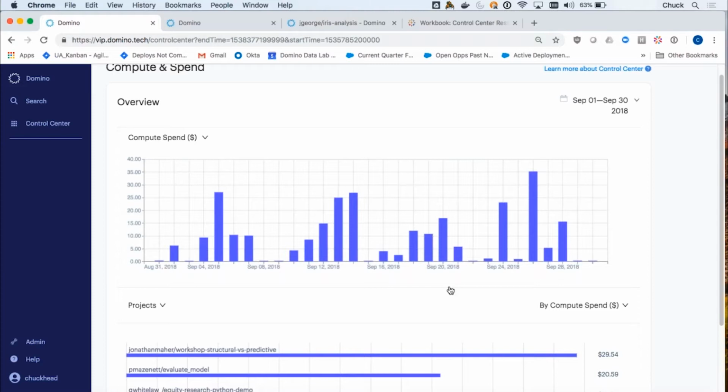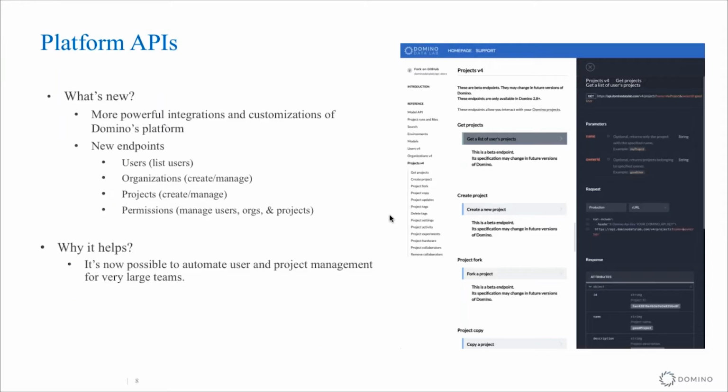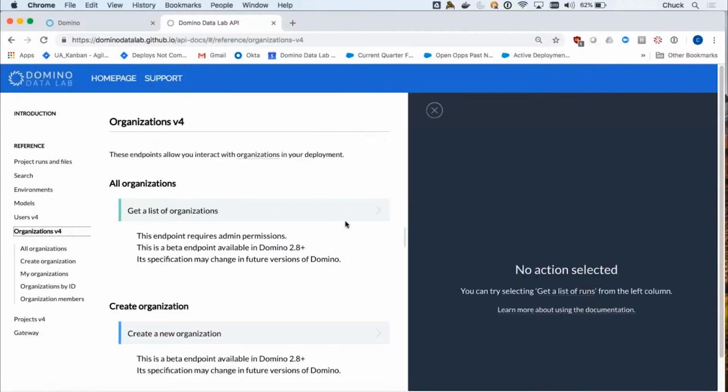Let's now talk about the Domino platform APIs that we've extended as part of Domino 3.0. With the release of Domino 3.0, we're also going to be adding a large number of platform APIs. These are APIs in which you can actually control Domino programmatically. In particular, we focused around the user and project and organization controls. It's not very visual, so I won't show you much here. But if you look in our new documentation, you can see the new APIs that we've added, the ones around